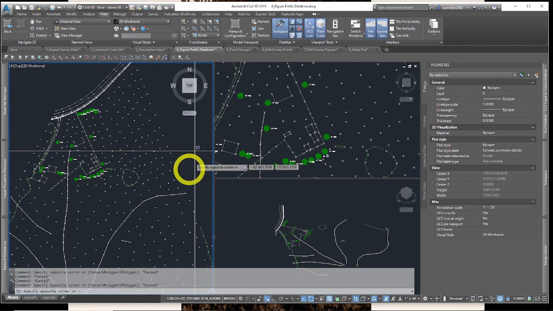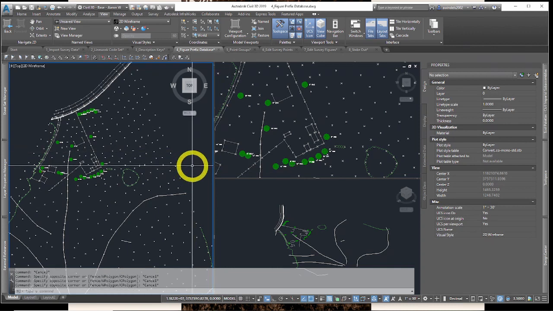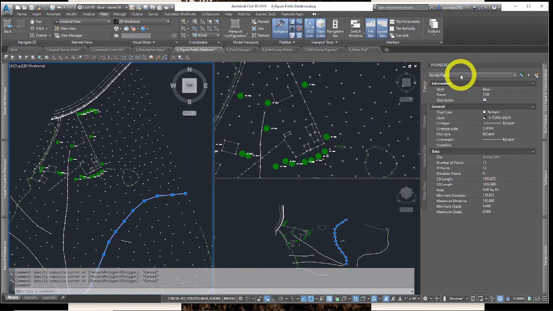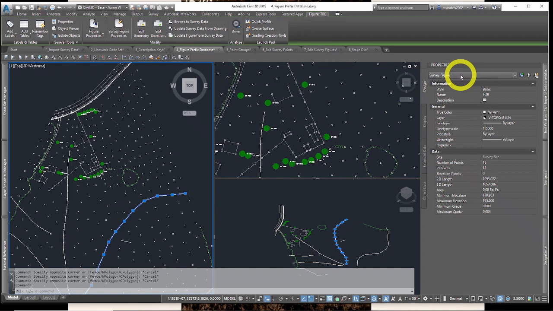So in this drawing where we picked up on exercise 3.5, these are survey figures. If we pick them, they're linear features. They show as survey figures here. They're basically 3D lines. They have 3D lengths and 2D lengths. The 3D length is always going to be longer, especially if it has